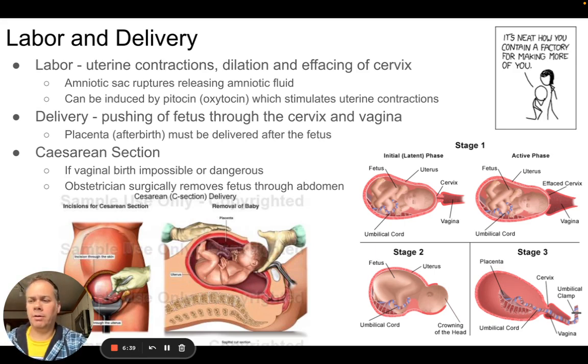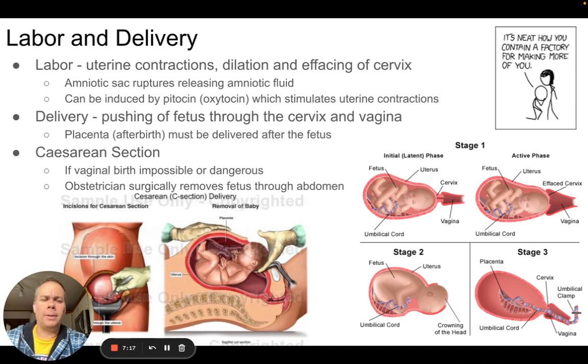Once the gestational time is gone by, and it's about time when a woman is going to go into labor, we have a couple stages. So labor is the term for the process that happens when the uterus starts to contract. The uterus is a muscle, and it begins contracting and squeezing like any other muscle of the body. And what that does is it starts to move the fetus down lower into the uterus. It also starts to open up the cervix. The cervix, if you remember, is the opening of the uterus.